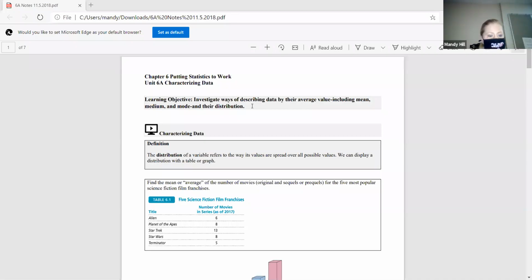On 6A, we're talking about characterizing data. The distribution of a variable refers to the way its values are spread over all possible values. We can display distribution with a table or a graph. And this first thing that it is showing